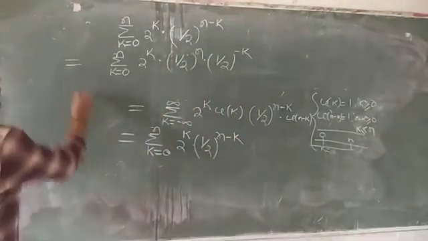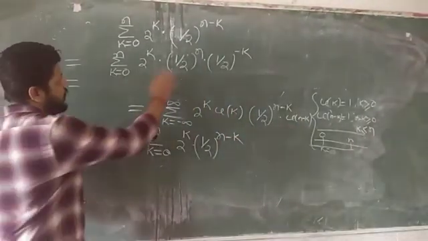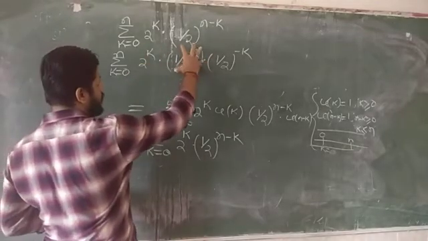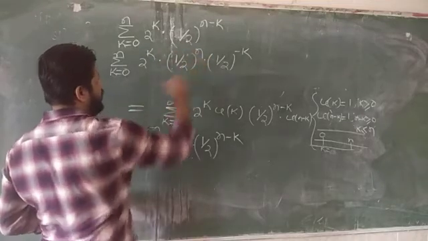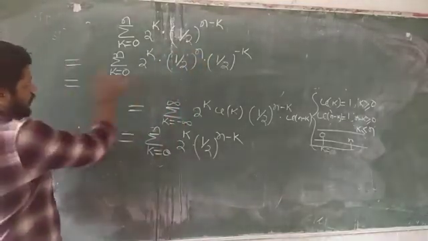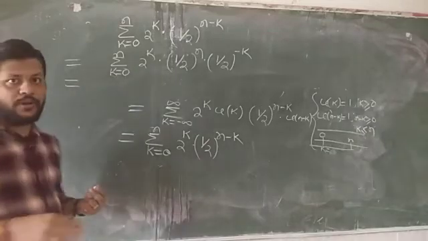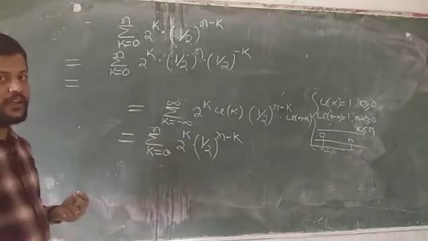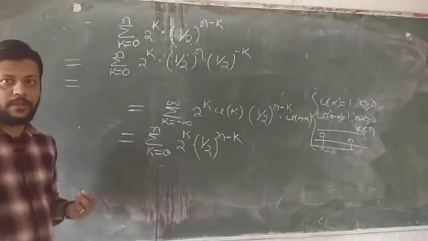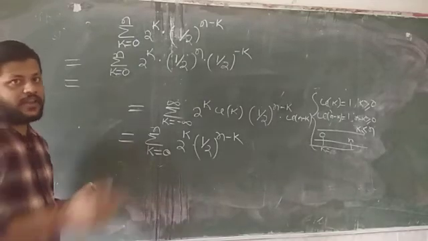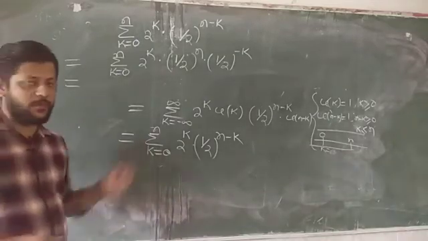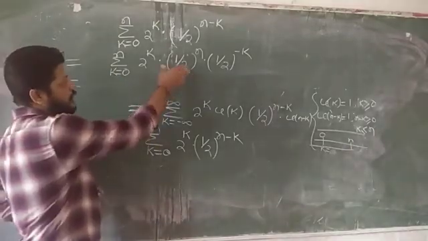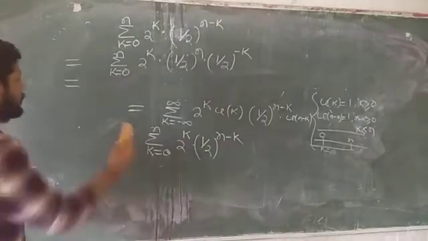So again, we can say, see this n is a constant because the summation is varying from k is equal to 0 to n, that means this half to the power n is a constant. So you have to take that common, to take that outside, just like your integration. Suppose you are performing integration with respect to x, then suppose a is a variable present there, but your integration depends only on the variable, that is x, that's why you take the a as common. So just like that, in case of the summation, your summation is varying from k is equal to 0 to k is equal to n, that's why I have to take this half to the power n outside of the summation.